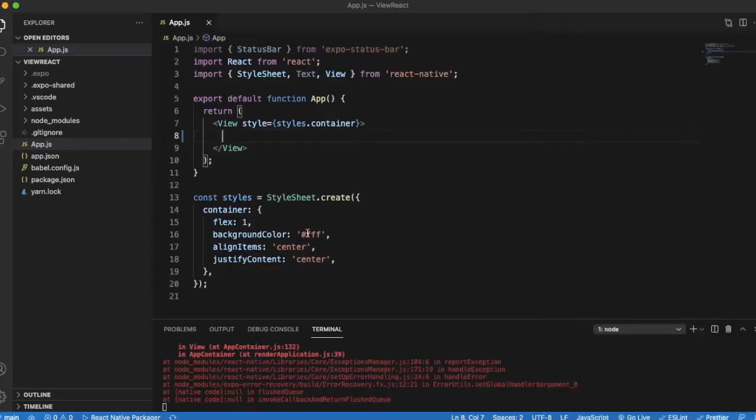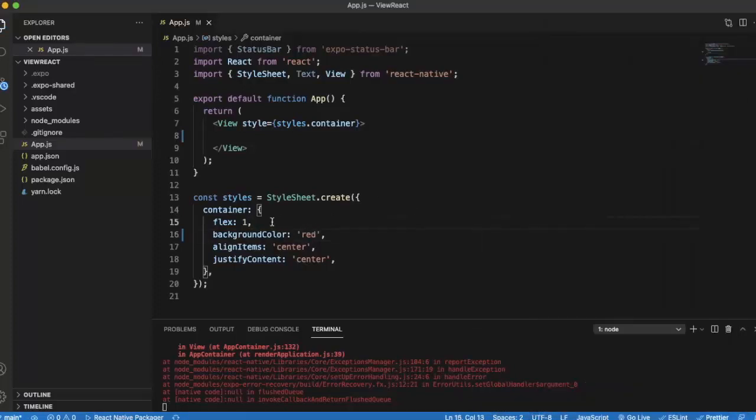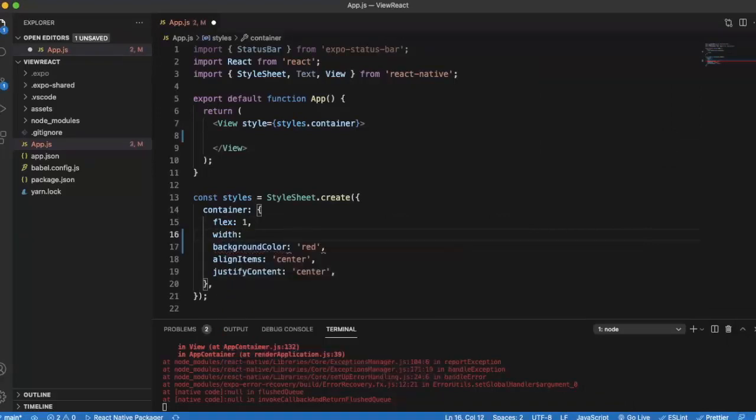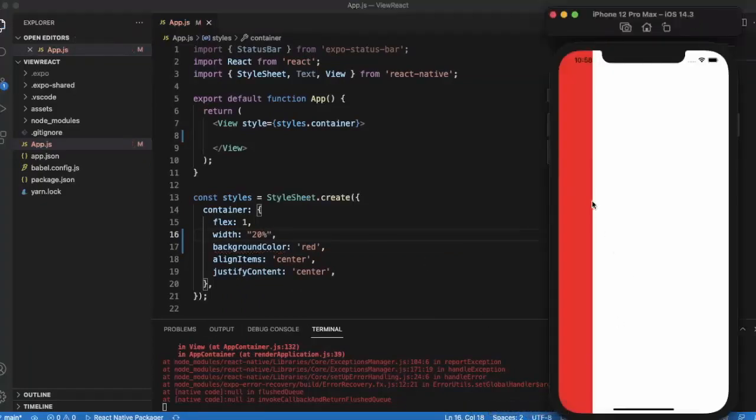Let me just change the color so you can get a better idea. Let me just type red and you can see. We can also give width to our component. Let me say 20% and save. As you can see,